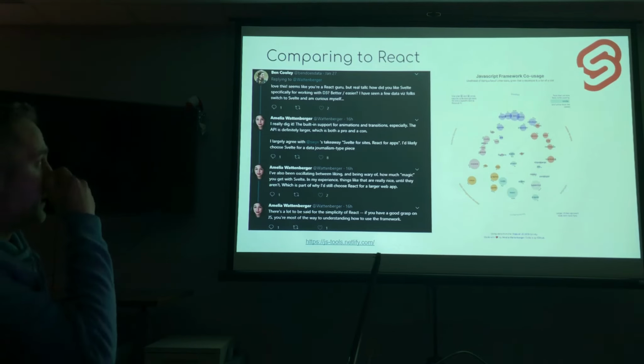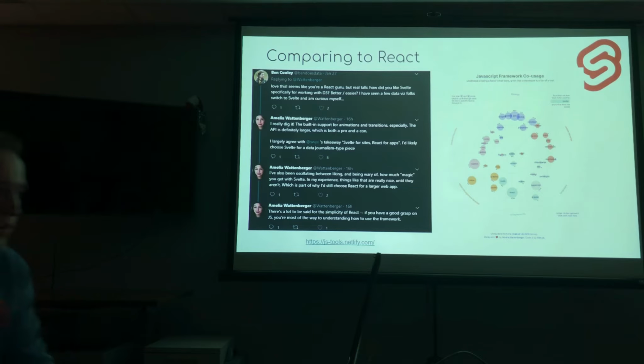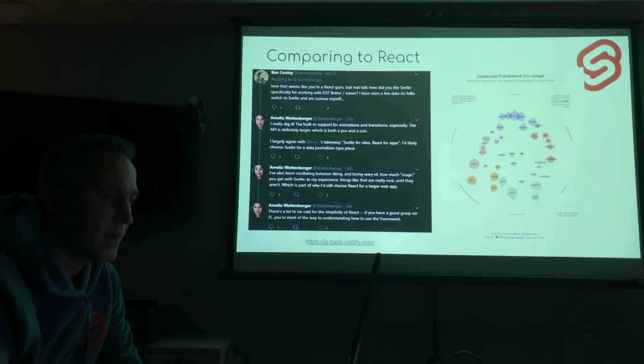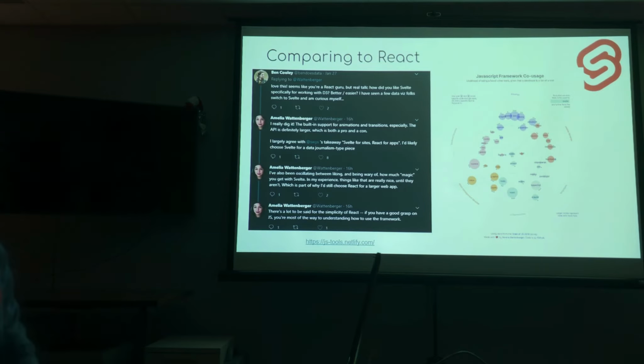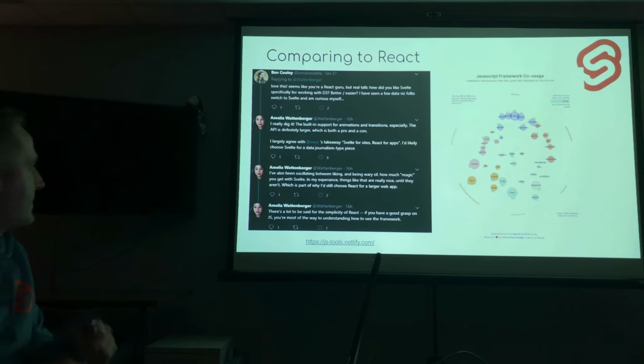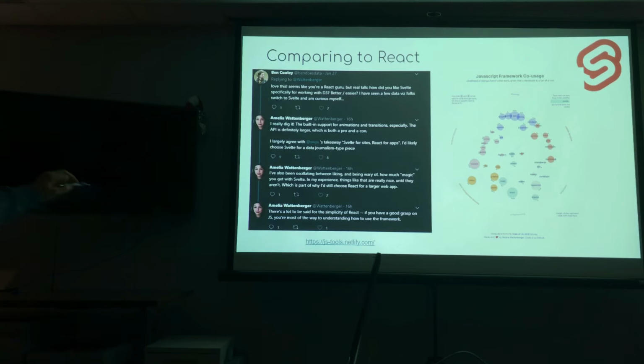Here's what she built. So basically, it's a website that helps visualize interoperability between JavaScript libraries and languages. And it's pretty fun. It's really interesting to see how some of the other languages and libraries would work within each other. But yeah, like I said, I just thought I'd include that. She has a really nice phrase down here. A lot of people say, Svelte for sites and React for apps. So take that with a grain of salt, but